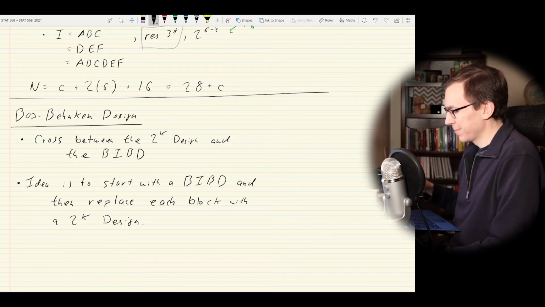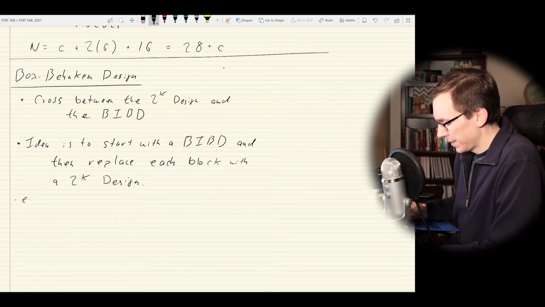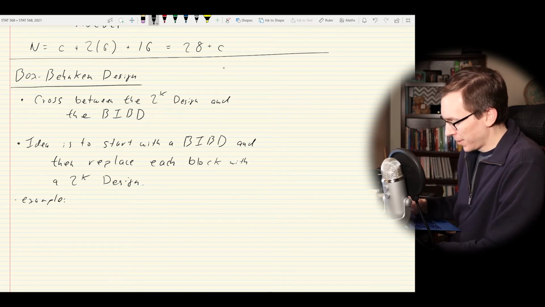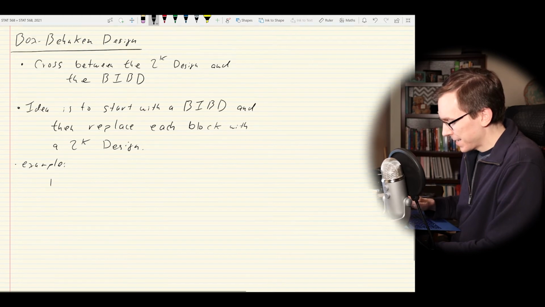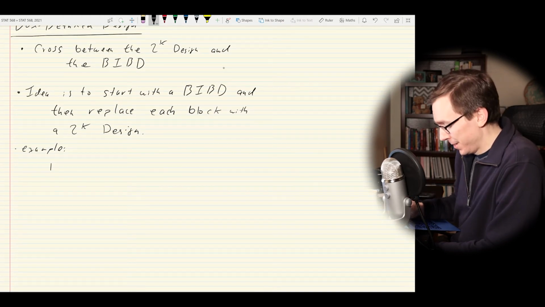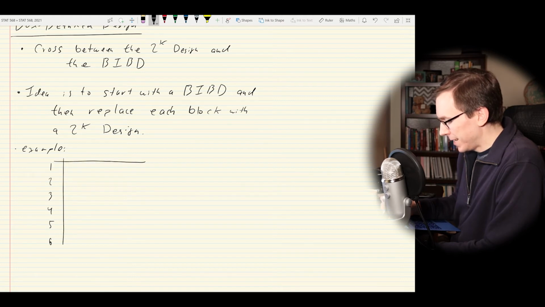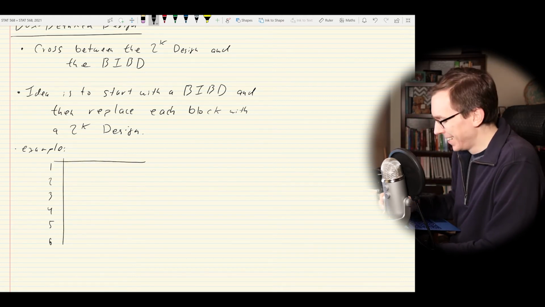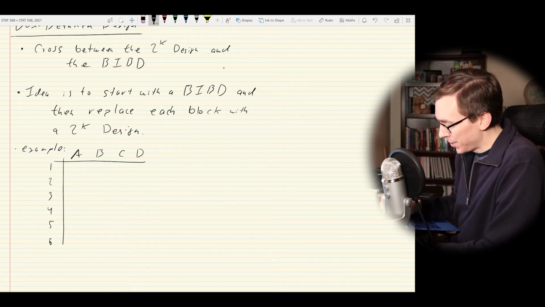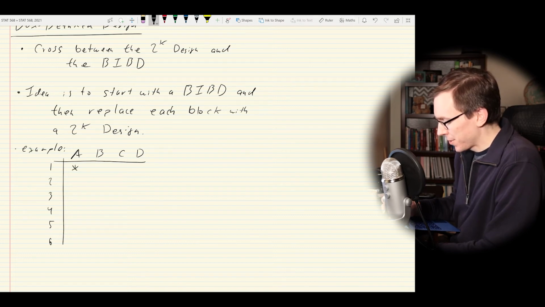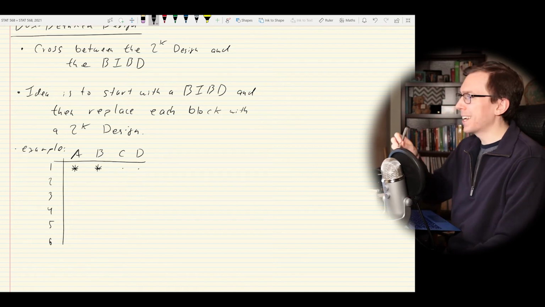Well, the example that I have is going to start with, we're going to have 6 blocks and 4 factors. So 1, 2, 3, 4, 5, and 6. This was the same one I think we did lectures and lectures ago. A, B, C, and D. All right, so what we're going to do is I'm just going to use stars to say we sample these points, and then we don't sample those points, right? Every block is going to have 2